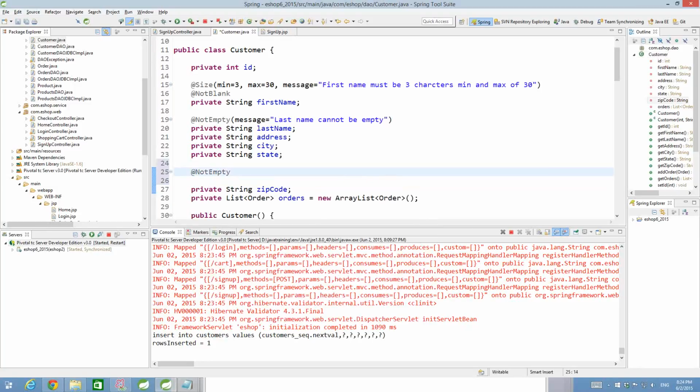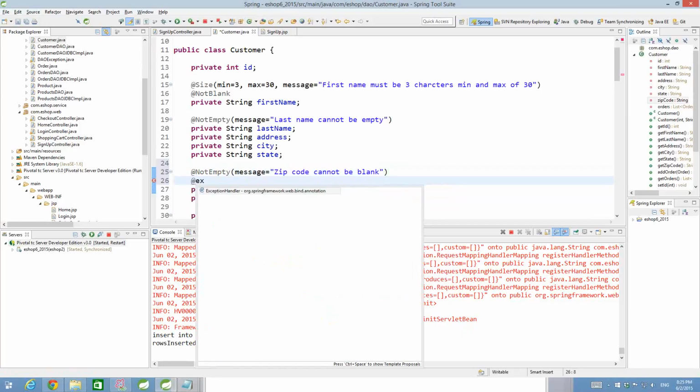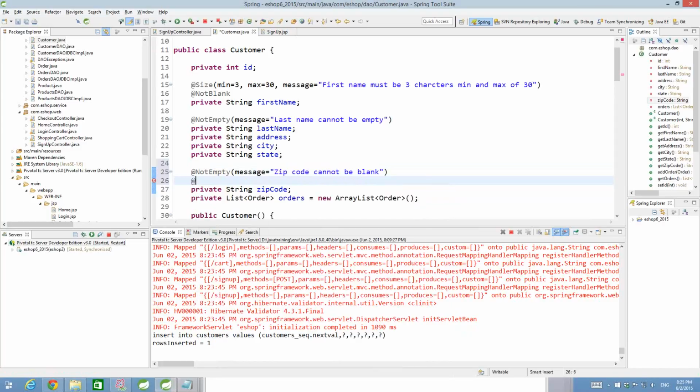And then we have to say the message equal to zip code cannot be blank, right? And then you can use something like